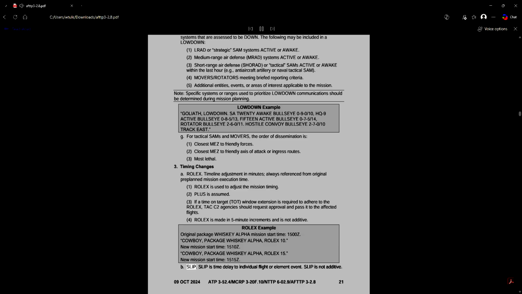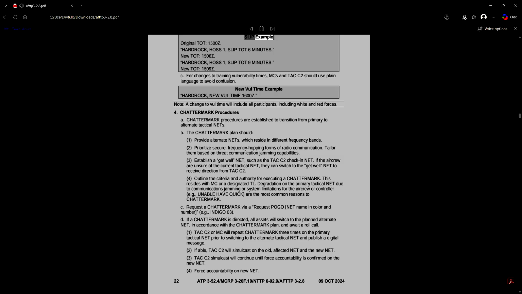B. Slip. Slip is time delay to individual flight or element event. Slip is not additive. Slip example: original TOT, 1500Z. Hard Rock, Haas 1, slip TOT 6 minutes. New TOT, 1506Z. Hard Rock, Haas 1, slip TOT 9 minutes. New TOT, 1509Z. C. For changes to training vulnerability times, MCs and TAC C2 should use plain language to avoid